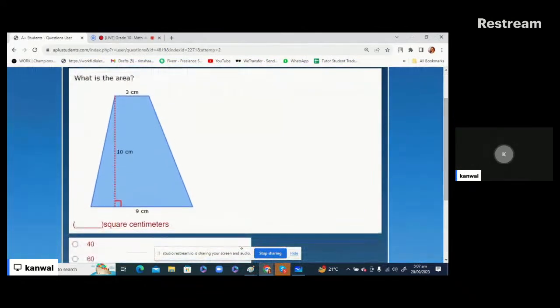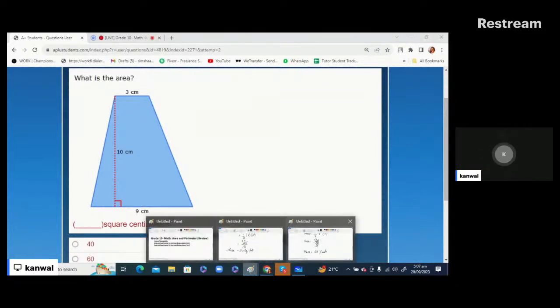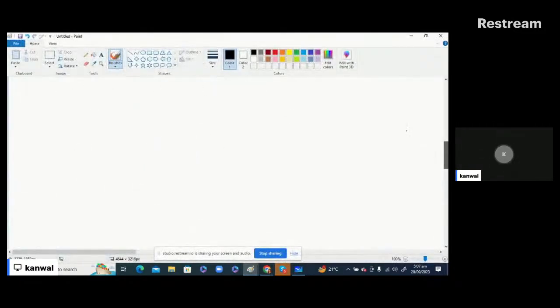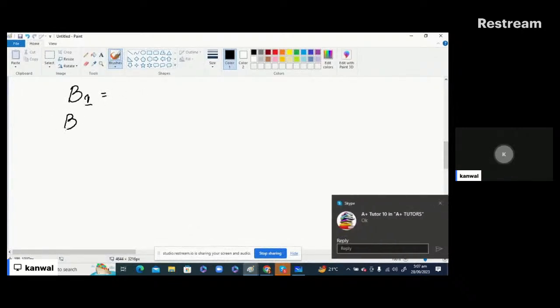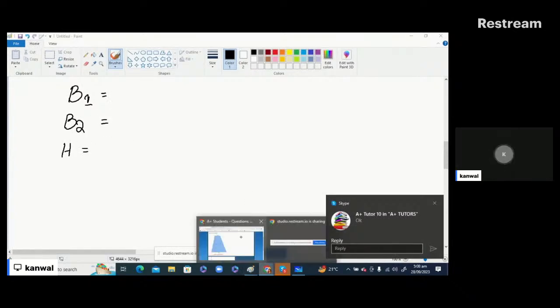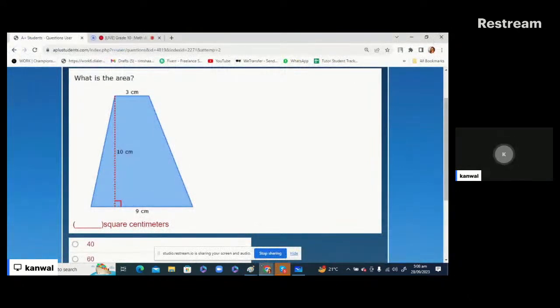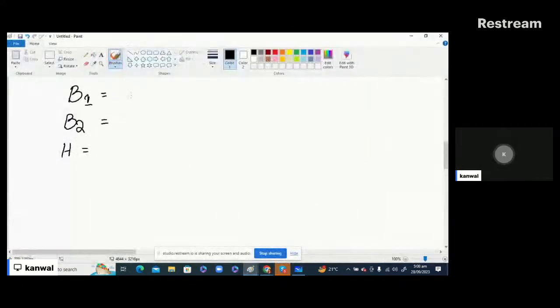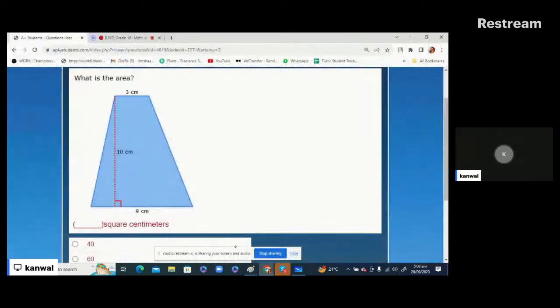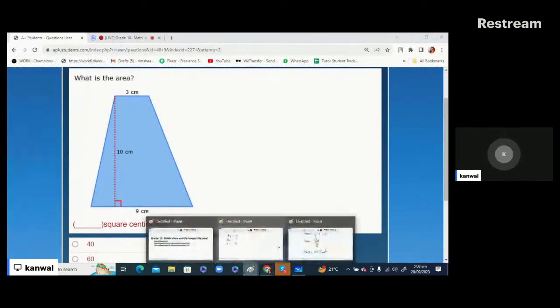Look at here now. First length is 3 centimeter, that is base, sorry. Other base is 9 centimeter, and how much the height, that is 10. Let's write all the values. This represent base 1, base 2, and each represent the height. How much the base 1? 3, 9 and 10, and that's in the form of centimeters. Okay,